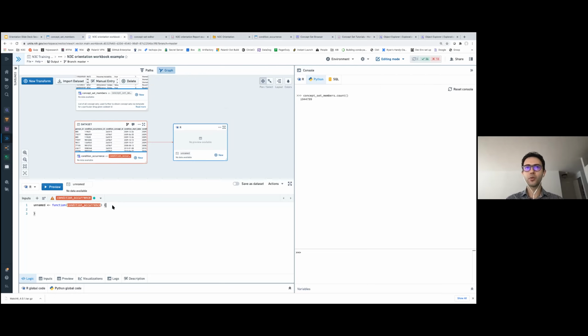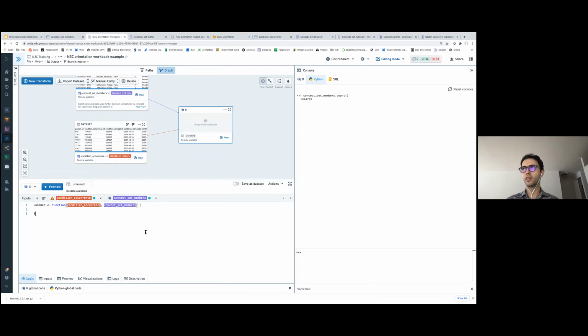To add it, I can either click on the plus button in here and click on my input, and it will automatically take the concept set member as an input, or I can simply write it down, concept set members, and it will automatically recognize it.